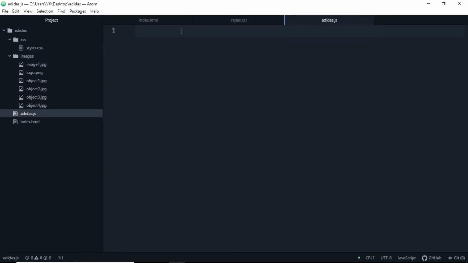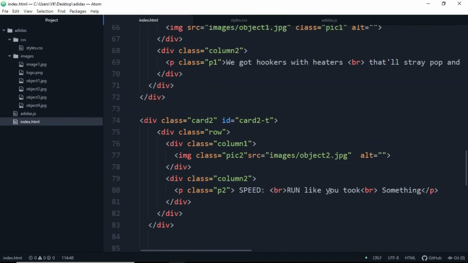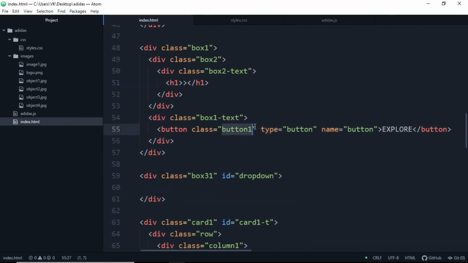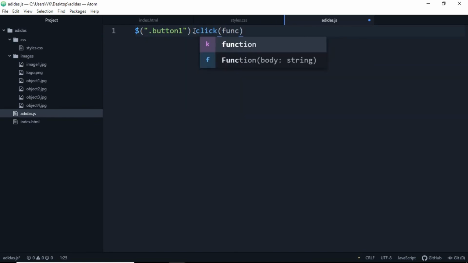Let's go to our JavaScript and I'm gonna use jQuery here. I've added the script using starter template from Bootstrap. So let's access the button one. Add a $ sign here, bracket dot button one dot click. Gonna add function here inside it.